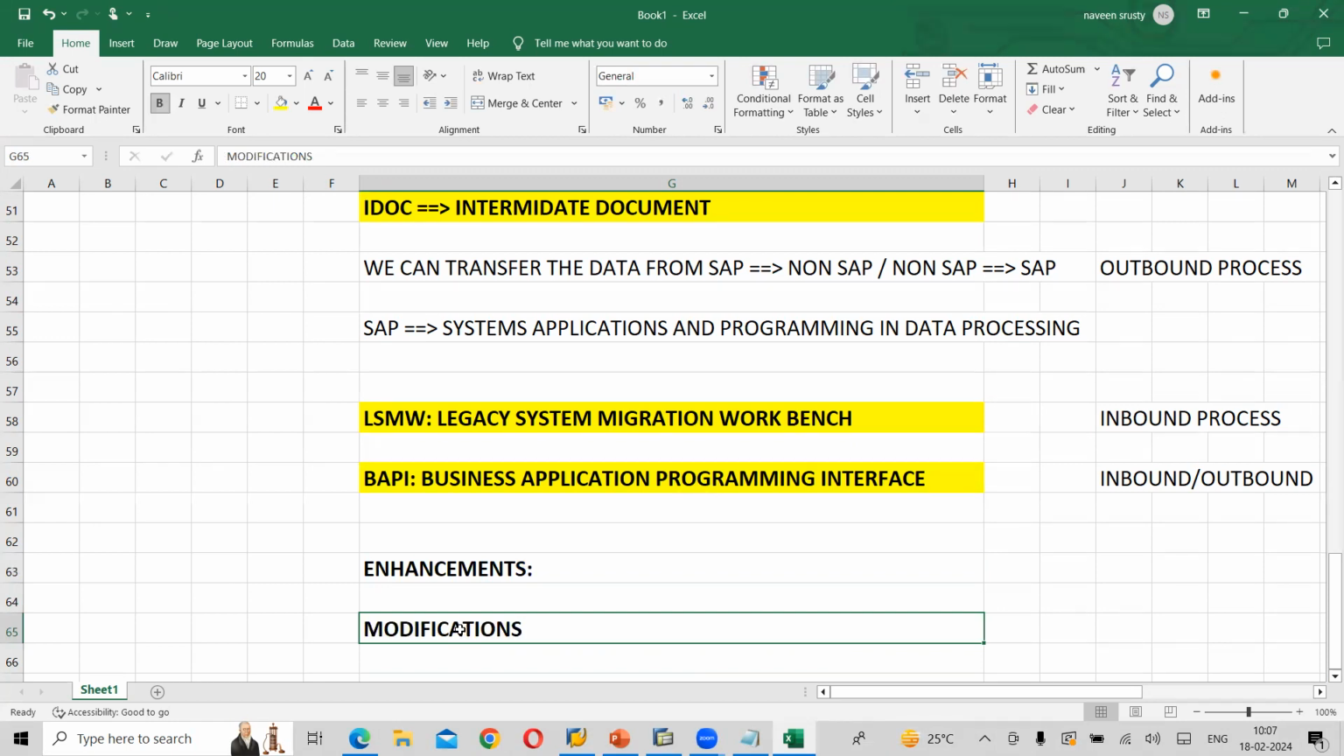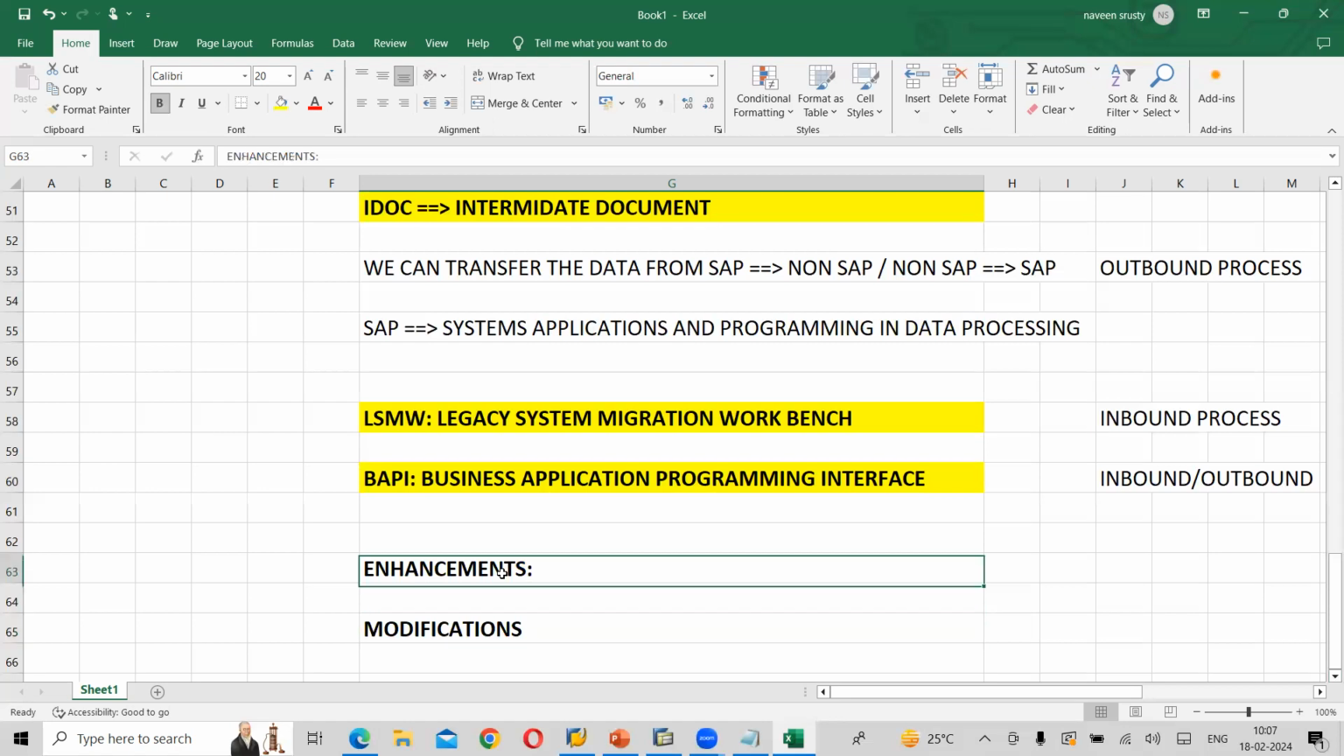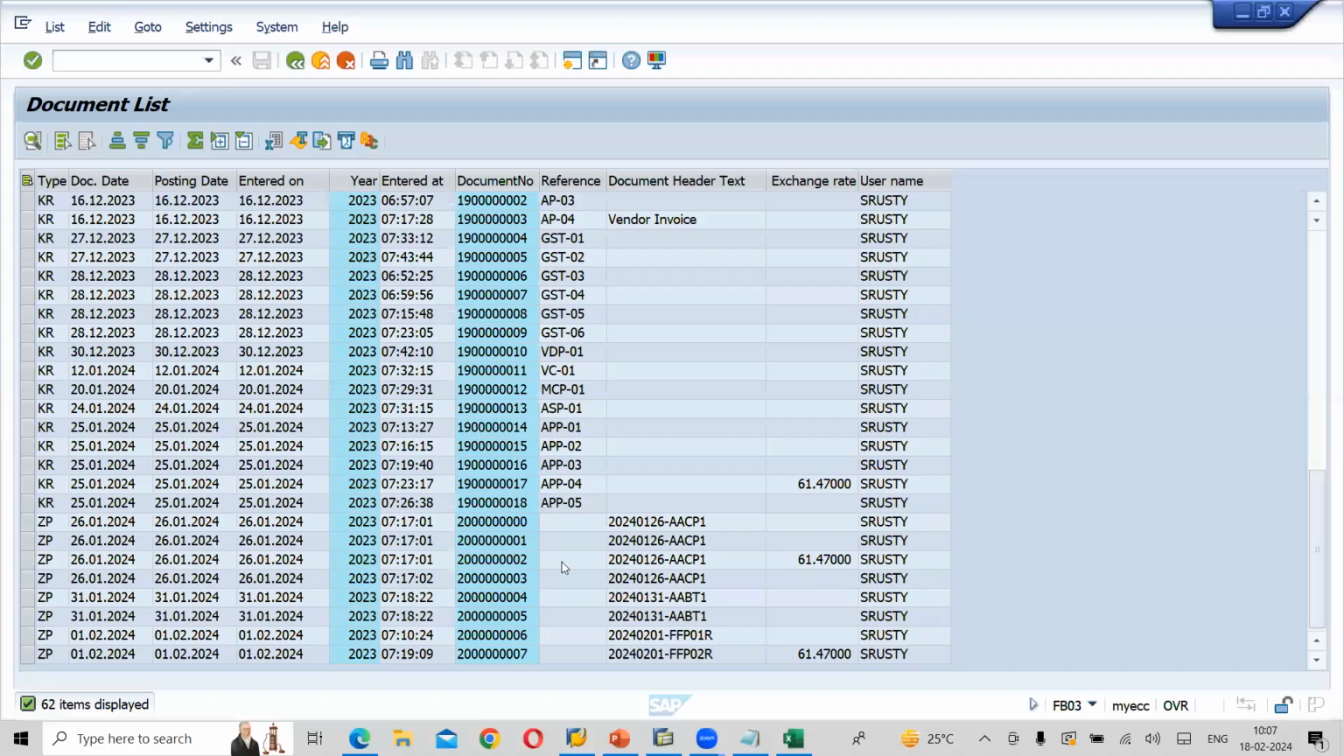Okay. Enhancement means value additions and modification means changes. Yeah. So enhancement, in the sense, for example, if I go to, so this is the SAP standard layouts,